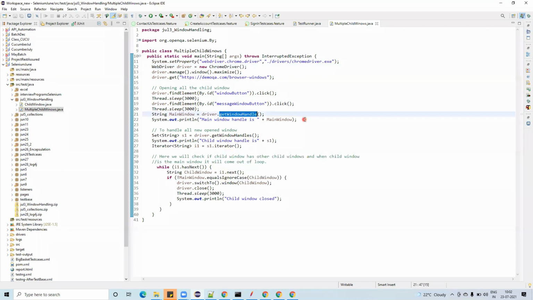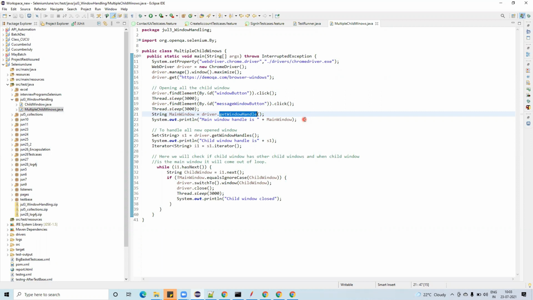Without window handle we cannot achieve that, because we need to handle the windows, right? Like parent window, child window, or else you can call it tab or child window as part of Selenium, right? Pop-up, sir. Yeah. Different people use different terminologies. Sometimes people use child window, sometimes people use tab, like that.